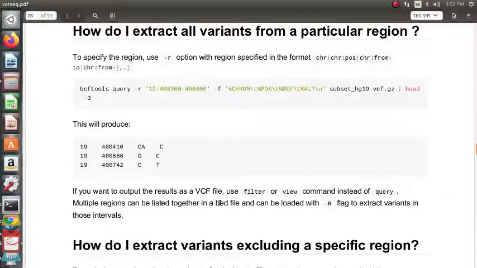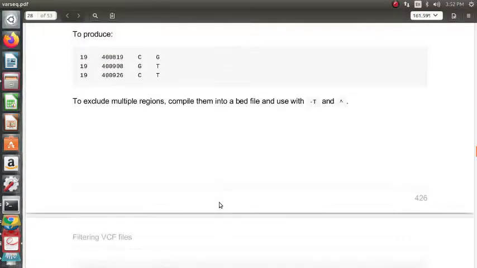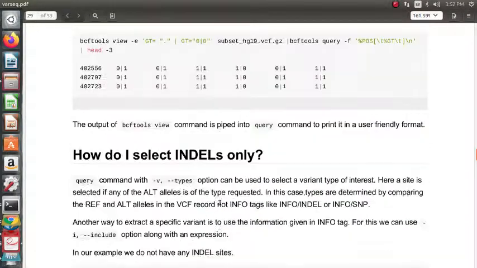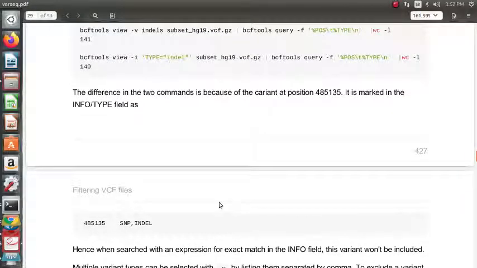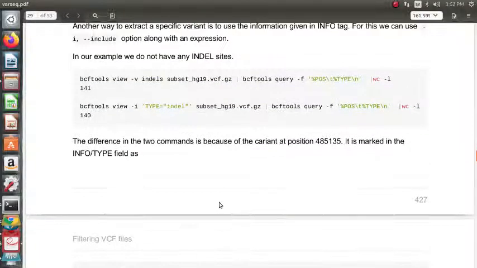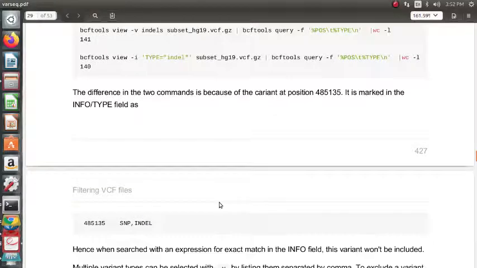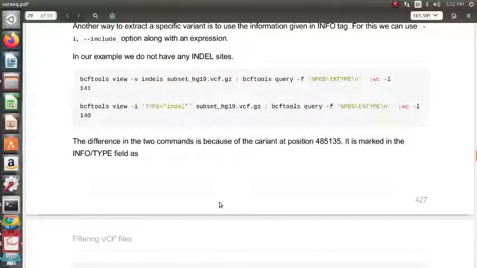All the samples, then including or excluding a specific region, and then select indels only, right? So position, type, plus position type. We can check this type is equal to indel, and okay, this query. So that column, how will we get it?